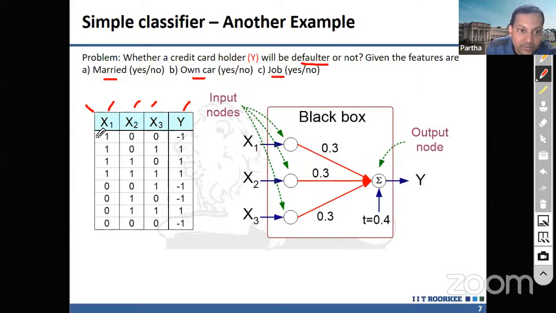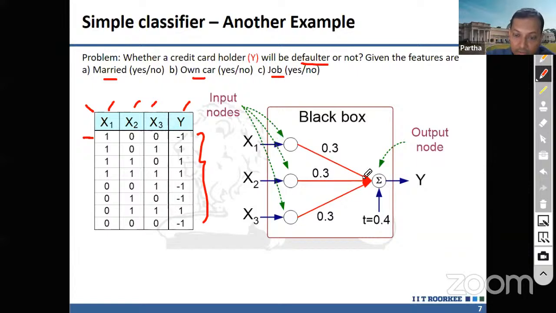Okay, and then you see these are the different examples, and some examples are -1, some examples are 1, which means he is a defaulter or not. So these are some examples. Now from that data, can we train a model, and then if we have some different data, different variations, can we see whether it will be correct or not. Okay, so you have these 3 different features, x1, x2, x3,